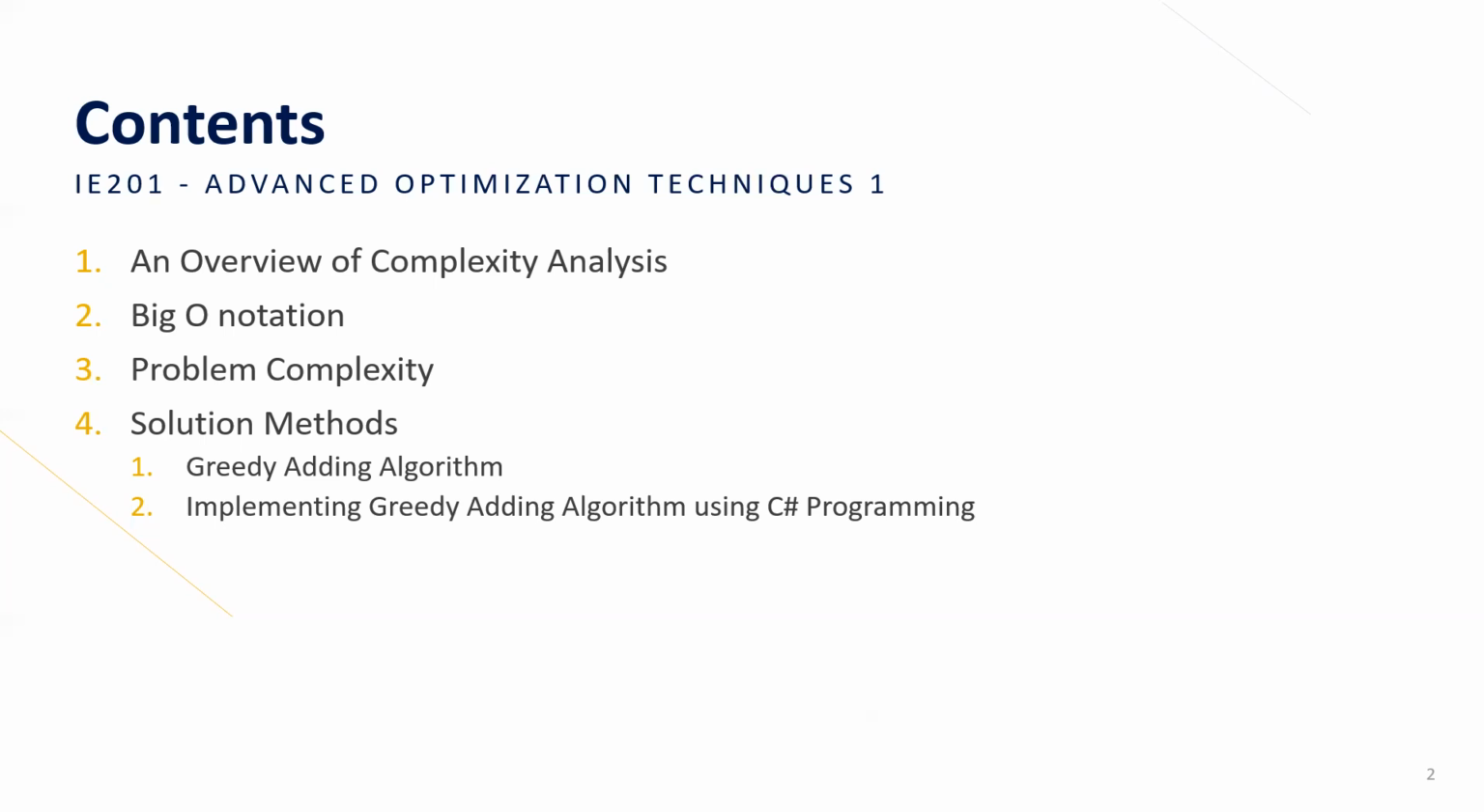Okay, so second one, big O notation. Big O notation is normally used to measure algorithm complexity. So when we talk about optimization, we have two sides. First is the problem itself, and then the second one is the algorithms. When you want to solve a problem,